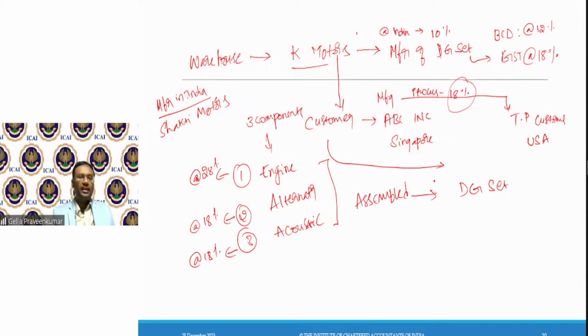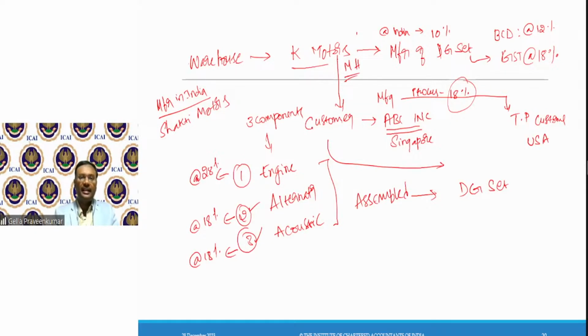Now, this particular customer, ABC Incorporated, what he will do? He will supply item number 2, item number 3 to K Motors, who is there in Maharashtra. I'm explaining this example. Please follow carefully. ABC Inc. has supplied this alternator, this acoustic to this K Motors, who is there in Maharashtra.